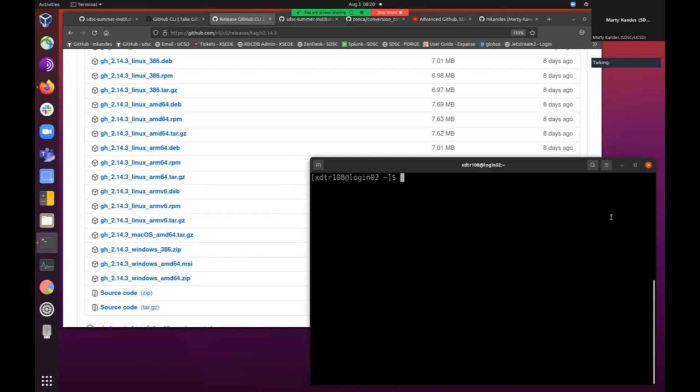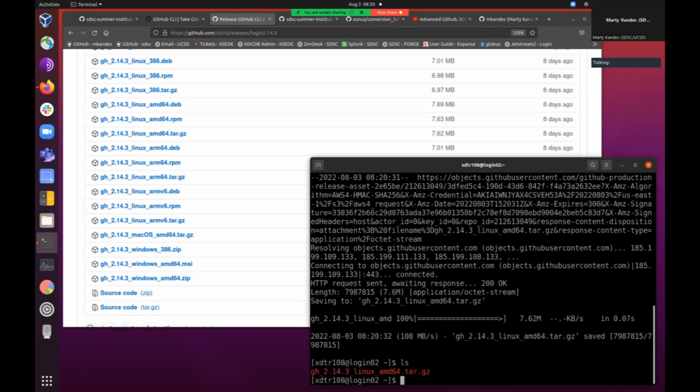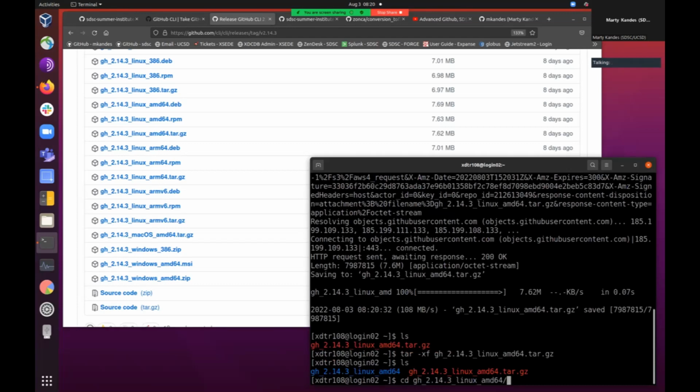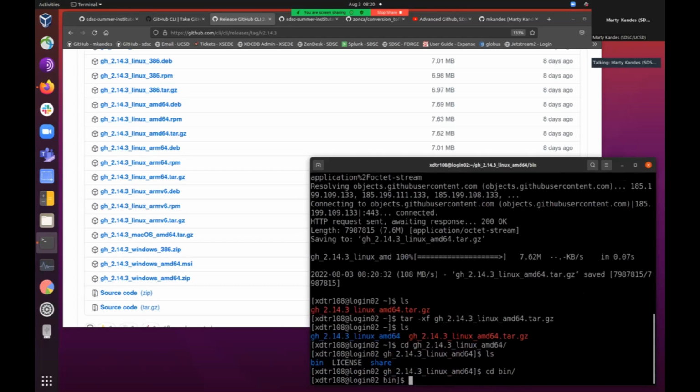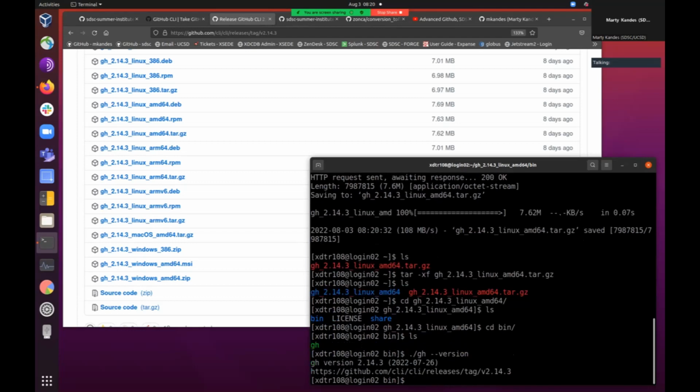Copy that link, wget. Okay, so if I extract this tarball, there's probably a binary that will work on Expanse as well. So long term, when you're working on an HPC system,